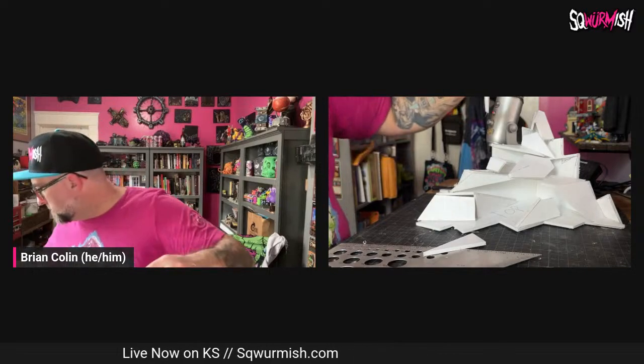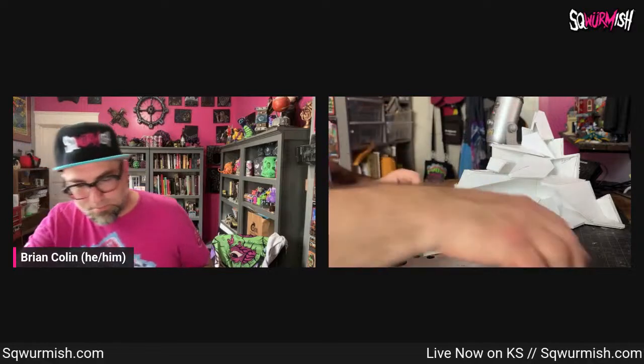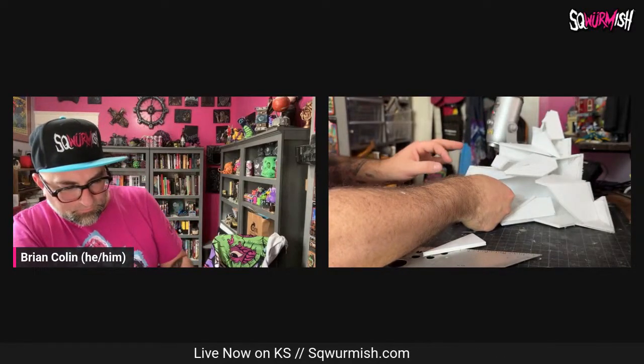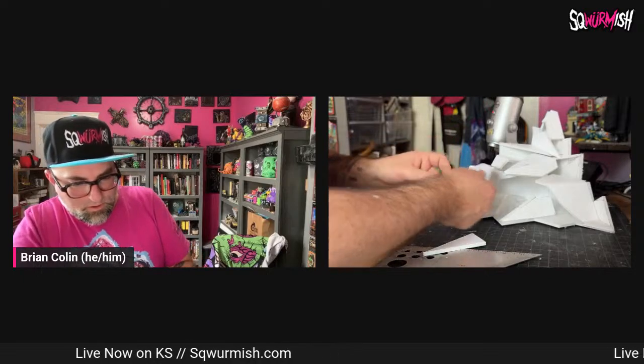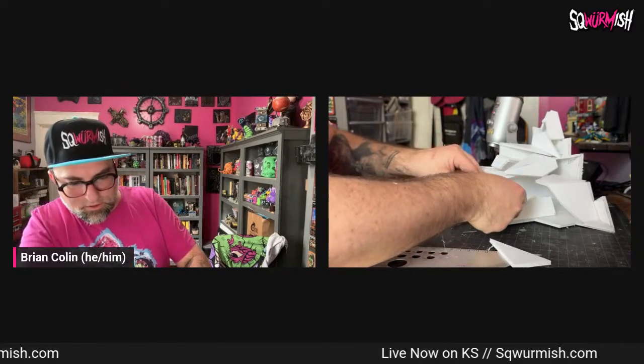Most of these pieces have just been randomly cut, and I'm trying to figure out, as though it were a pre-made puzzle, how it all goes together. I want it like this? No, I want it like that. Or do I want it like...